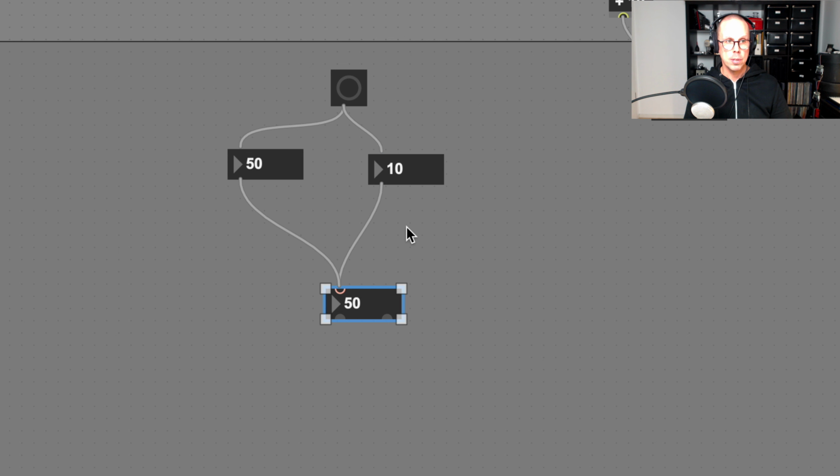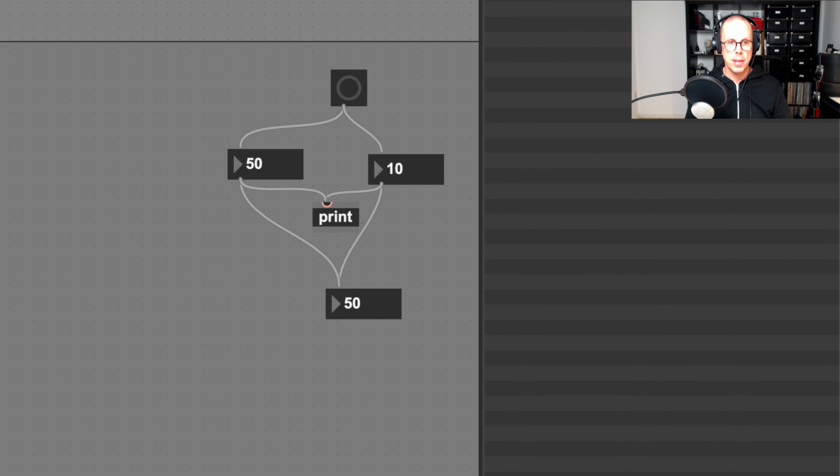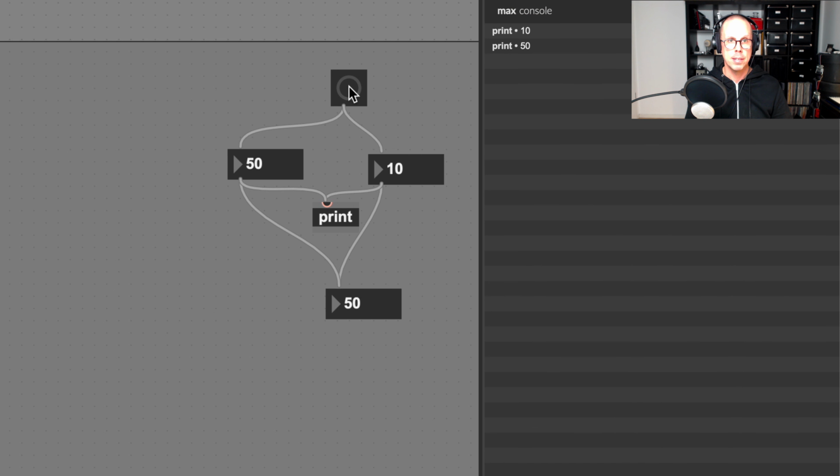Okay, cool. How can we prove that to ourselves? Well, let's create a print and send the output of both of these also to print. We'll stick the print in the middle, just so it's easier to follow. Let's clear our console by pressing the X at the bottom and press the button again. 10 followed by 50. And that makes sense with what we said before, that data tends to flow from right